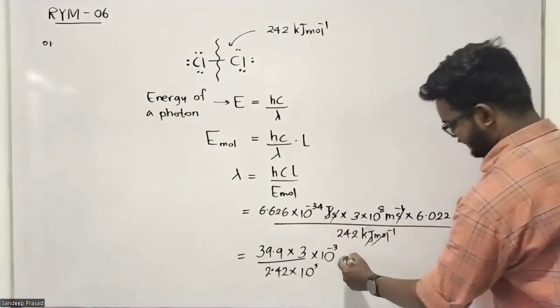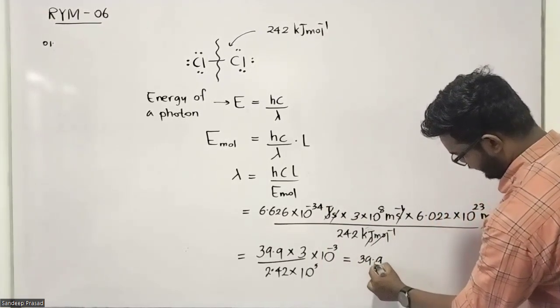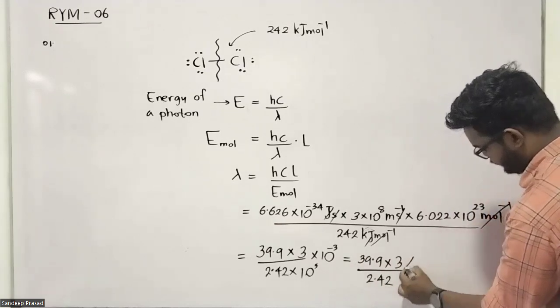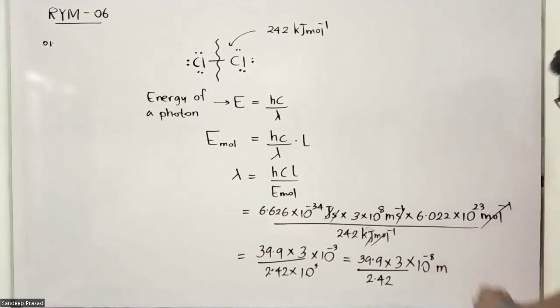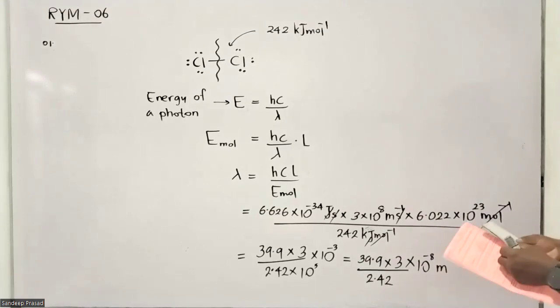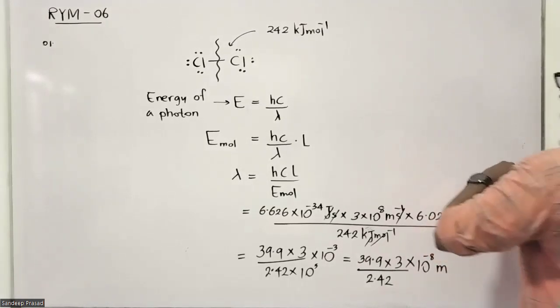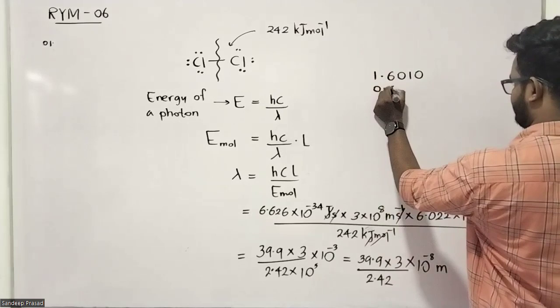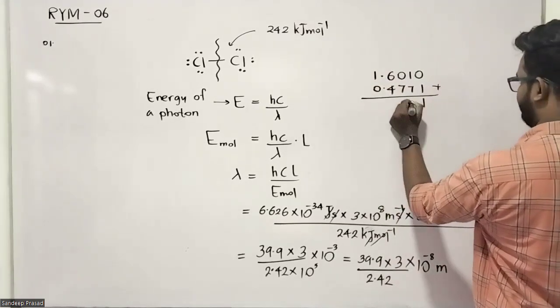Okay. Then we have here 39.9 multiplied by 3 divided by 2.42, times 10 to the power minus 8 meters. So you have to do the simplifications correctly in order to go for the answers in this way. Now you can use logarithms in order to go for the final answer. What is the log value for 39.9? 1.6010. Log value for 3 is 0.4771. Get the summation,